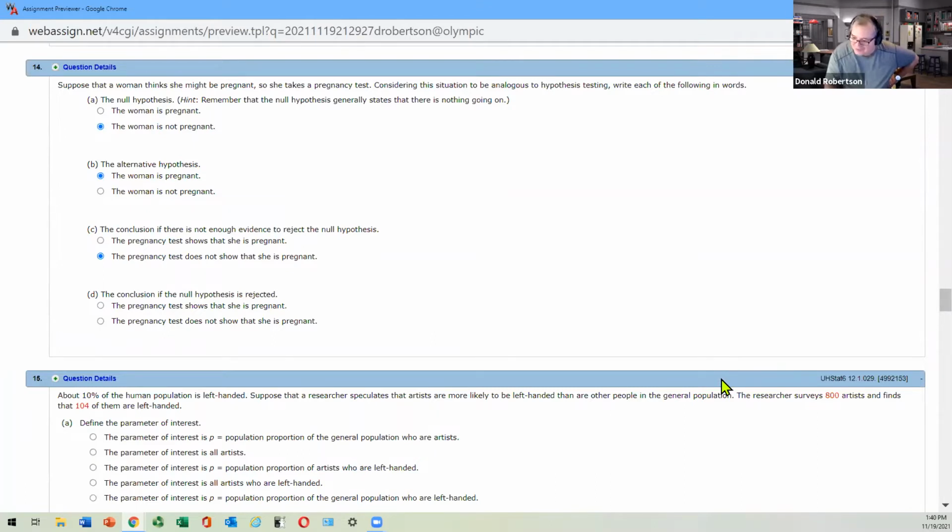Very few know the context of that, okay. The conclusion then, if it was rejected, well, if it was rejected, doesn't that mean that she's pregnant? So you can see that we're transferring these. These aren't so much the errors, but aren't they what the null and alternates would mean in the context of